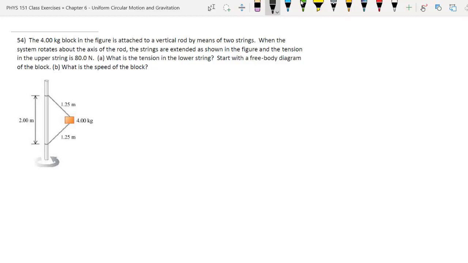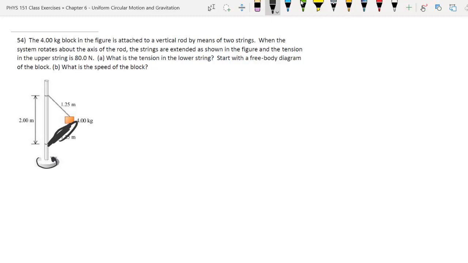Okay, in this question we have this kind of block moving around, sort of like a tether ball a little bit, but there's also this string down here as well. And this block is just rotating around in a circle. If we were looking down from the top, it'd be like a counterclockwise circle here, right? And we want to know how fast this block is moving, and also what is the tension in this